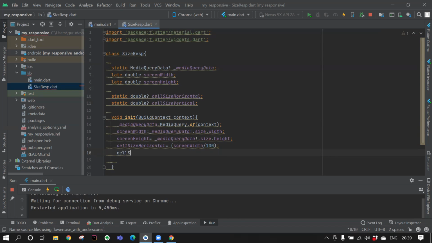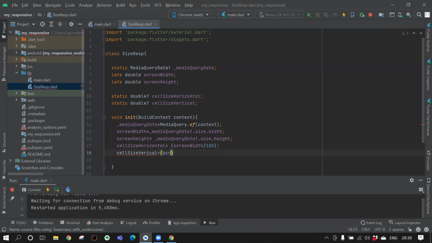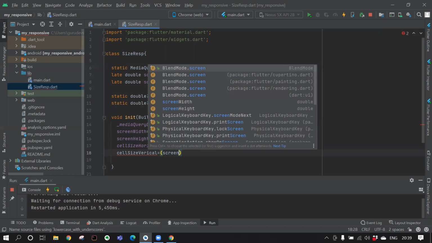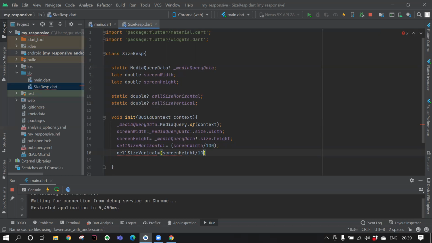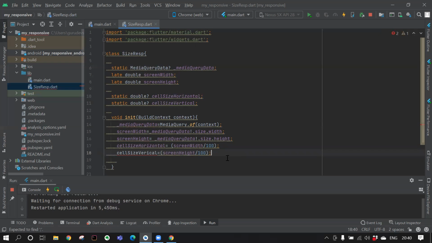Similarly, the cell size vertical, we will divide the screen height into 100 parts. So in short, we're dividing the horizontal and the vertical sizes into 100 parts each, and we are getting 100 cross 100, that is 10,000, 10 raised to 4 cells.